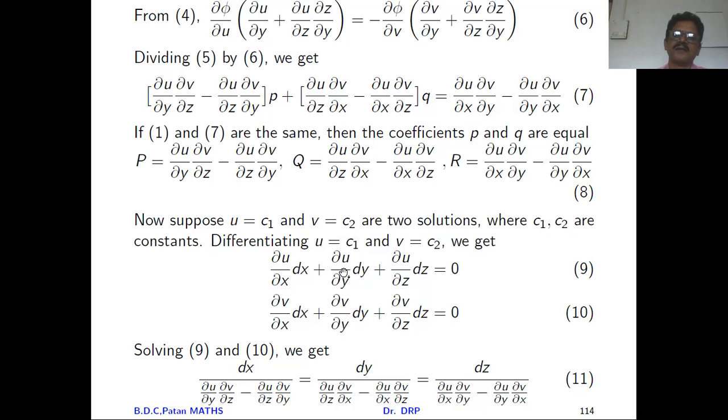And then if you evaluate that determinant, it gives ∂u/∂y into ∂v/∂z minus ∂v/∂y into ∂u/∂z, and that is written here, equal to minus dy upon, you will get one determinant. What is it? Excluding these coefficients, you consider this coefficient as the first row, then this coefficient as the second row, and you simplify.